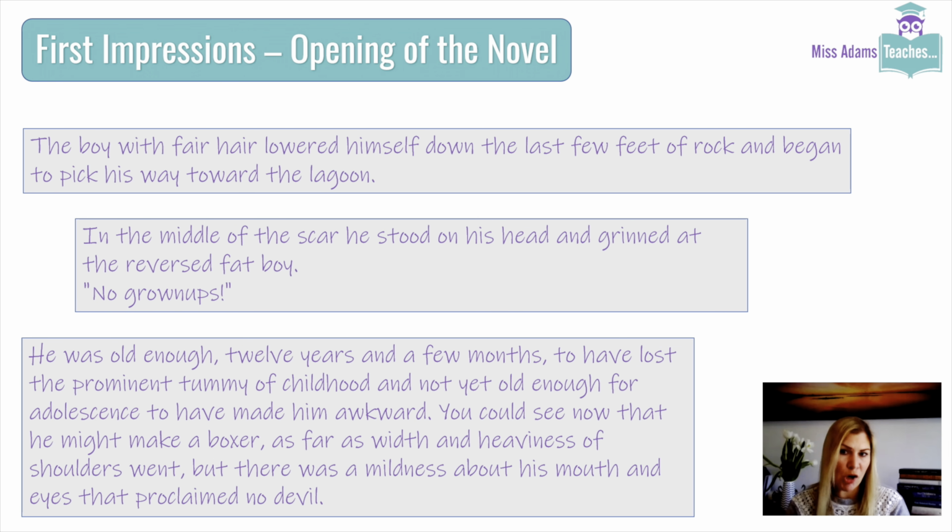Physical appearances are key here. Golding might be drawing upon Darwinian theories, certainly theories of evolution, the survival of the fittest, or he could be drawing upon the concept of moral physiognomy, which is basically that people believe in a person's goodness based on the way that they look. So one of the reasons that Ralph might be made leader is the fact that he looks nice, and therefore people are more likely to believe in his goodness.